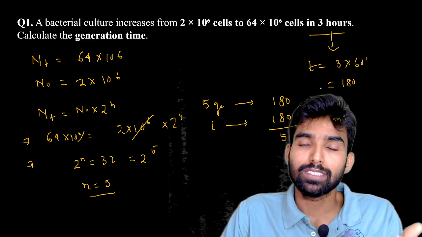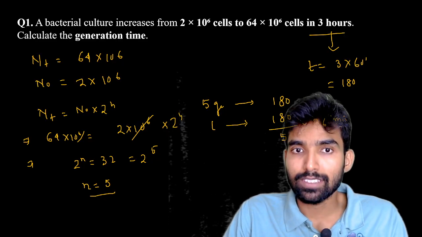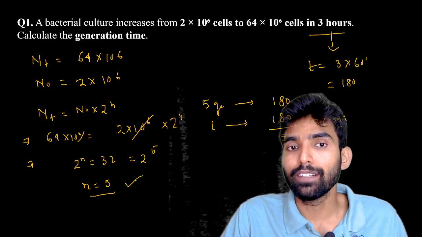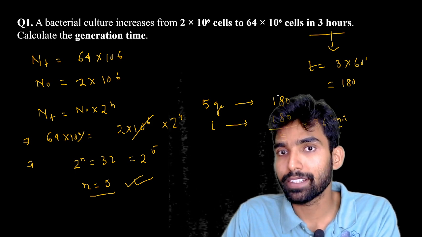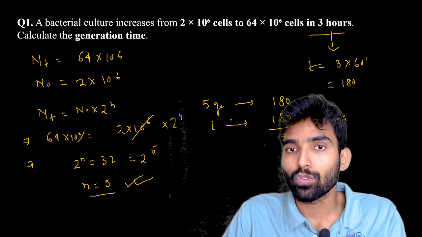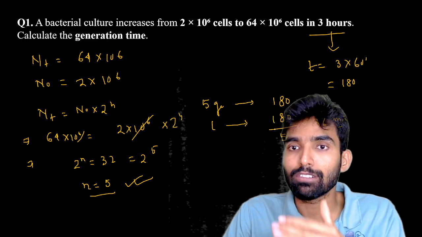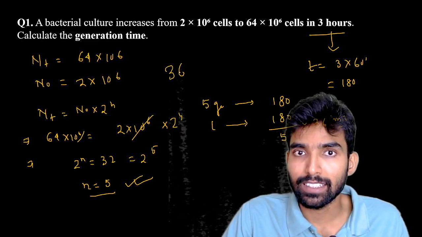So this much difference is there within 3 hours, right? And within this 3 hours, how many generations has the bacteria completed? It has completed 5 generations, right? So 5 generations have been completed by the bacteria within 180 minutes. So 1 generation will be completed within 180 divided by 5. That will be 36 minutes. So 36 minutes is the generation time,